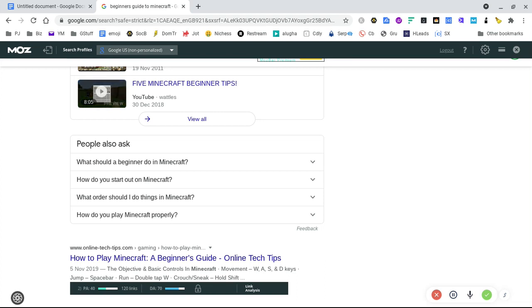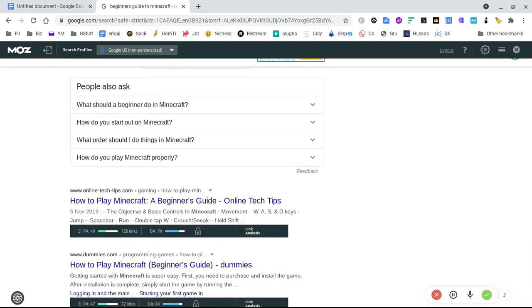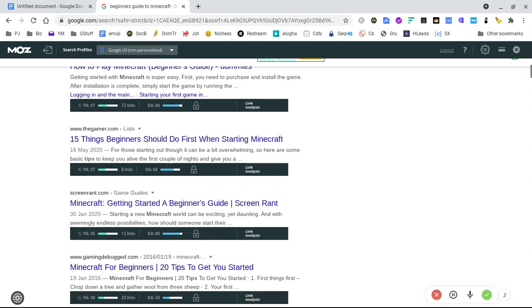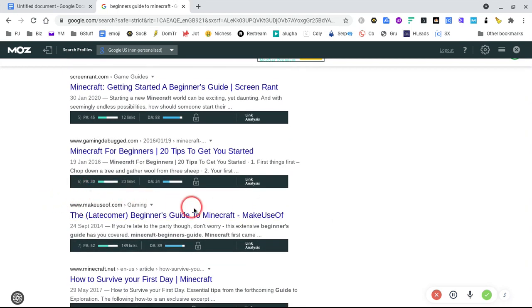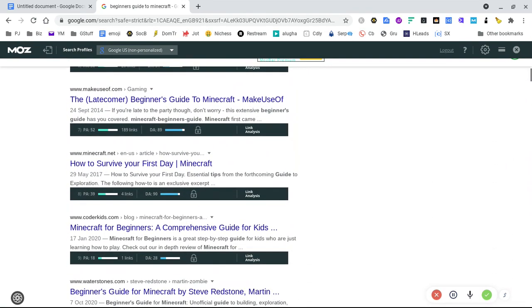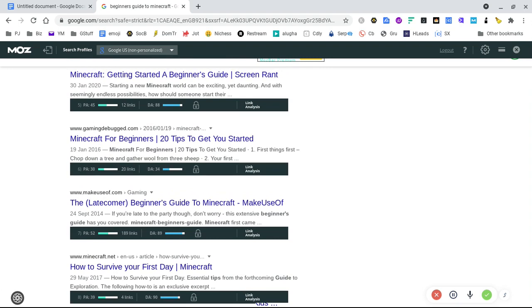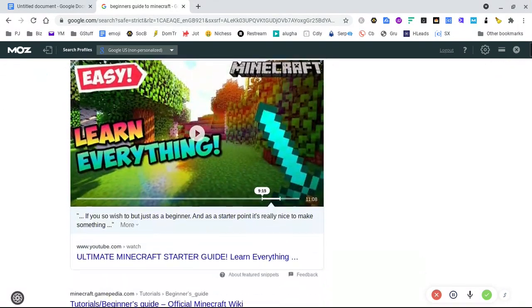So moving on again, we've got result 2: page authority is 40, domain authority is 70. Next one, domain authority 84, 68, 88, 34. Okay, I looked at this before. It's position number 6, Minecraft for beginners. That would kind of pique my interest. I'd think to myself, okay, they're in position 6 on the front page of Google. There might be some mileage in this, and that's how I'd start looking for